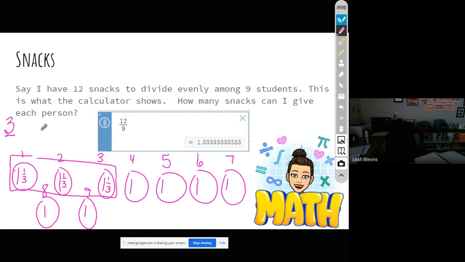So now I'm down to 2 candy bars. I take the second candy bar and I divide it evenly among 3 people. So they each get a third. They each get a third. And then I'm down to 1 candy bar. So I take that last candy bar and divide it among these last 3 people. And they each get a third. So every person gets 1 1/3